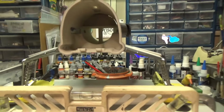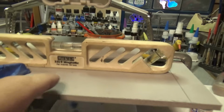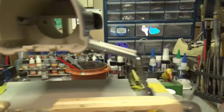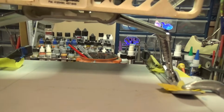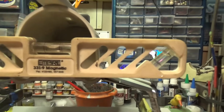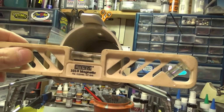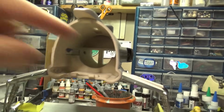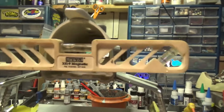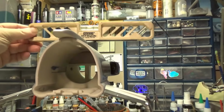Okay, one last bit of leveling. If this piece of plastic or this piece of substrate is level, like that bubble says it is, then we need to move this up to here and hold it so that it is level. And I'm resting it on these 2 points here. But that tells me that the rest of the ship is square, and if I put this up top here,